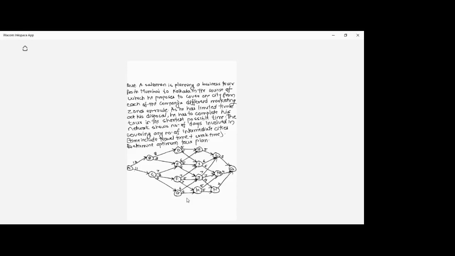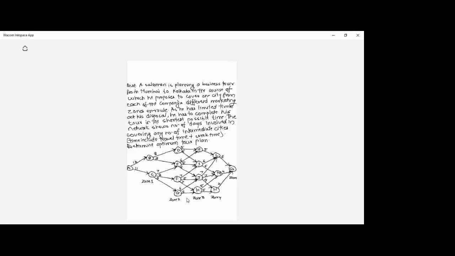Now I think from the last numerical you would have understood, or at least got a sense, that every zone is acting as a different stage, right? Here B and C happen to be your zone 1. Then nodes D, E, F, G happen to be your zone 2, right? Then F, I, J, K happen to be your zone 3. This is your zone 4, and then you can say this is zone 5, or it is start and end,